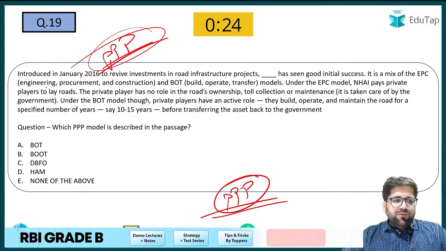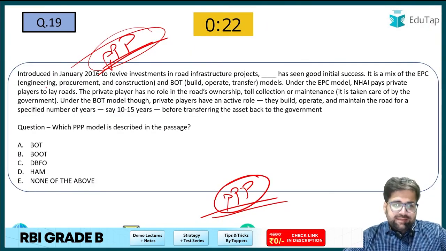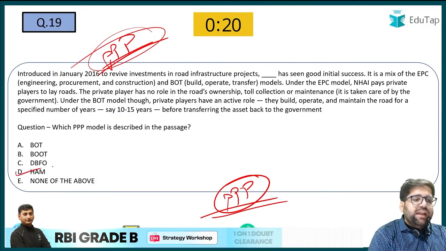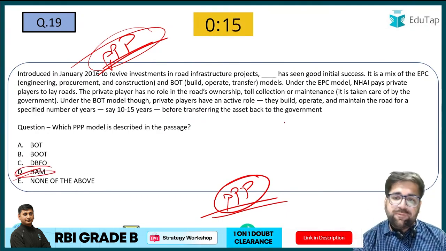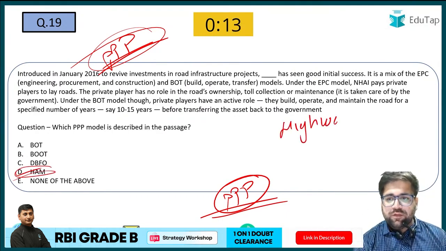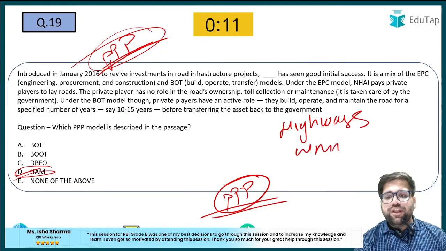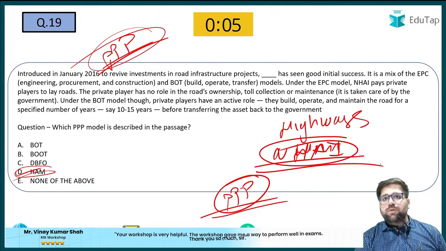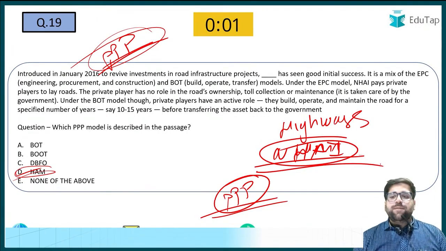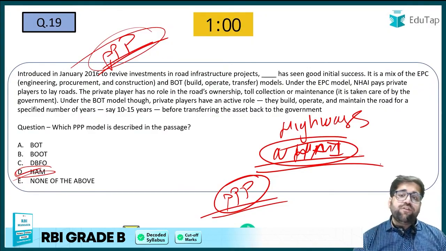So let's see who gives me the right answer for question number 19. Yes, the correct answer will be HAM, that is hybrid annuity model. Hybrid annuity model is very famous when it comes to highways. Our National Highways Authority of India, NHAI, has been using this particular model for the last 2 years, and there has been an unprecedented growth when it comes to the formation of highways,